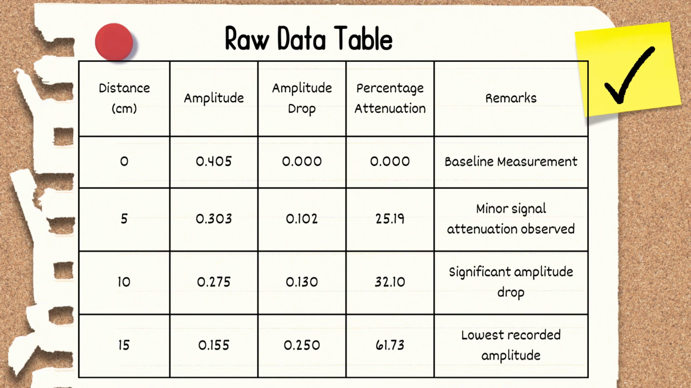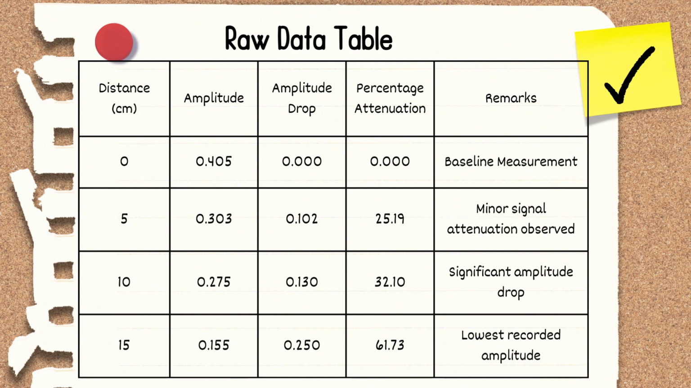Starting at 0 centimeters, I established our baseline measurement. Here, the raw amplitude was at its highest point of 0.405 with zero attenuation. As we move the receiver out to 5 centimeters, we immediately observe minor signal attenuation. The amplitude dropped by about 0.102, which translates to roughly a 25.19% loss in signal strength. By the time I doubled that distance to 10 centimeters, the drop became much more significant. The raw amplitude decreased to 0.275, meaning I lose nearly a third of our original signal strength, sitting at 22.10%